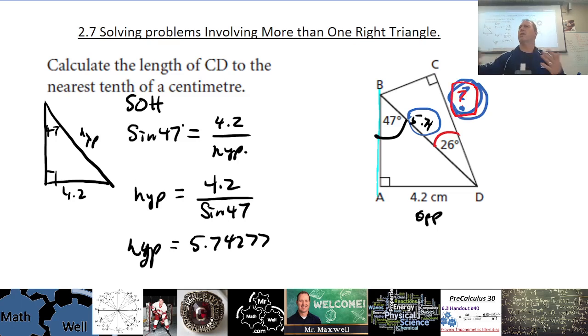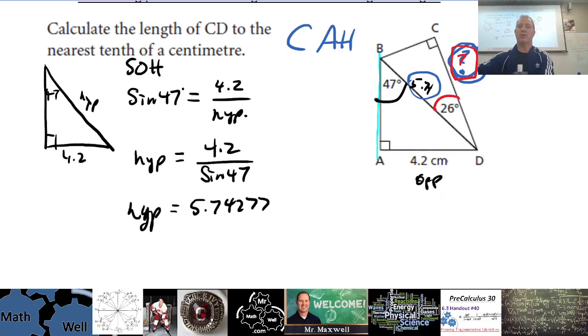So which trig function should I use that involves the hypotenuse and the adjacent? That's AH. Which one's that? Cosine. Yeah. Very good. Use cosine. All right. We know what the cosine equation is. So I'm going to put cos 26 degrees equals adjacent side. That's my unknown. I'm going to make that CD like the question. And over the hypotenuse, which I now know is